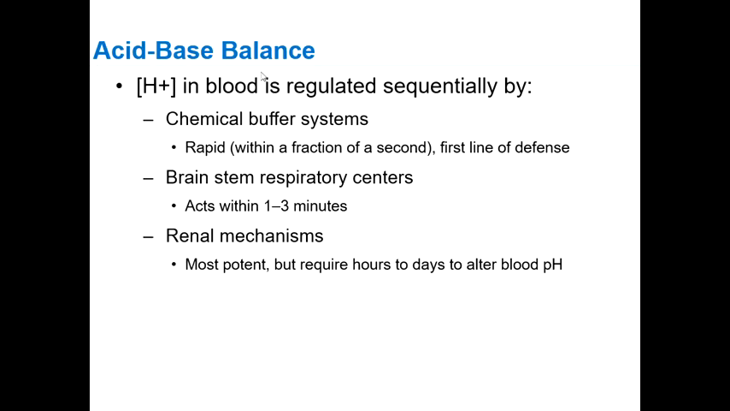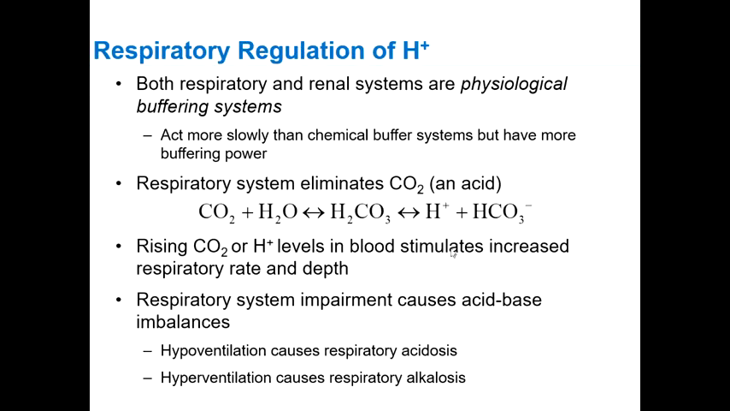So for acid-base balance, we looked at the chemical buffer systems, all three of them that work very rapidly. So in this video, we'll look at the last two, the respiratory centers and the renal mechanisms. The respiratory and renal systems are physiological buffering systems, which work on the entire body pH as opposed to just in its local area. So if they're physiological buffering systems, they're going to act more slowly. They take more time to kick in, but they're going to have a greater buffering power when they do take